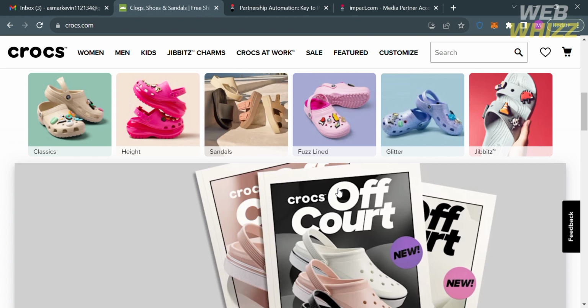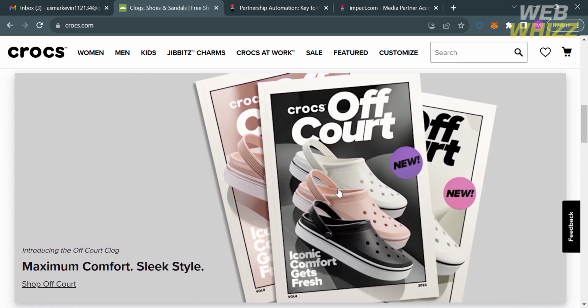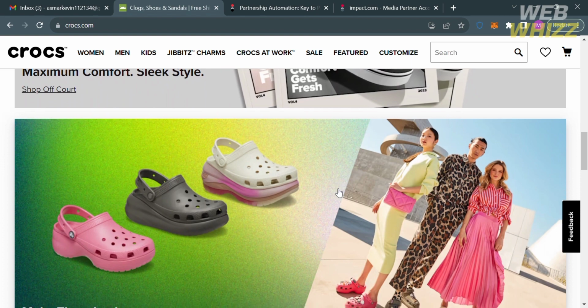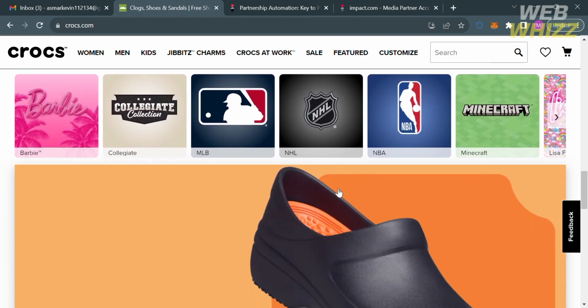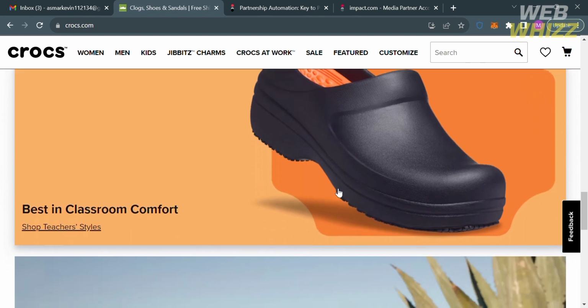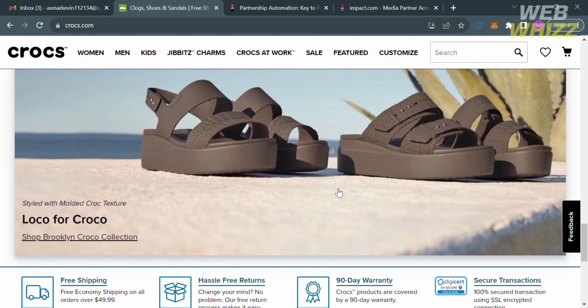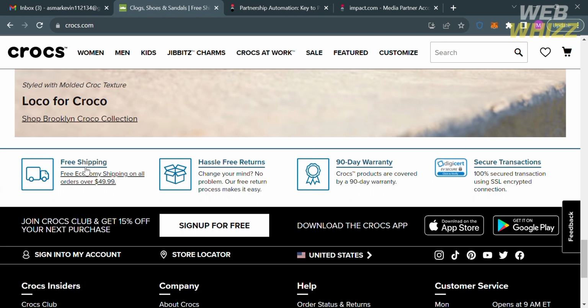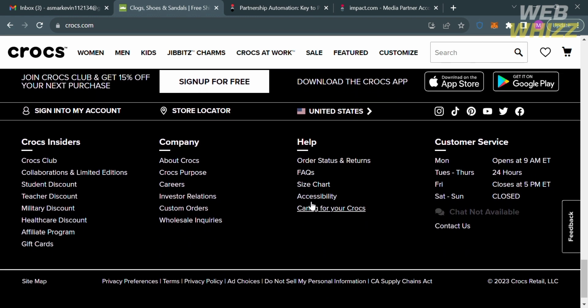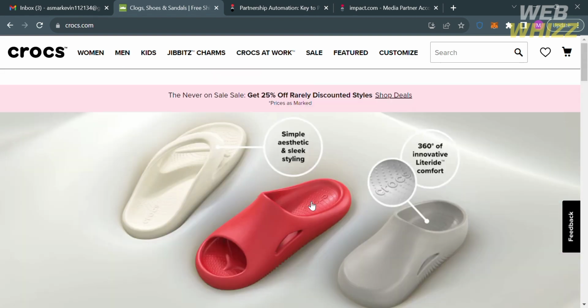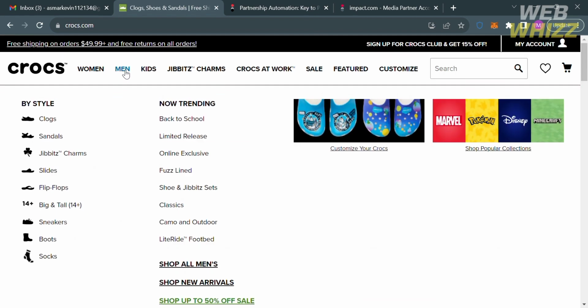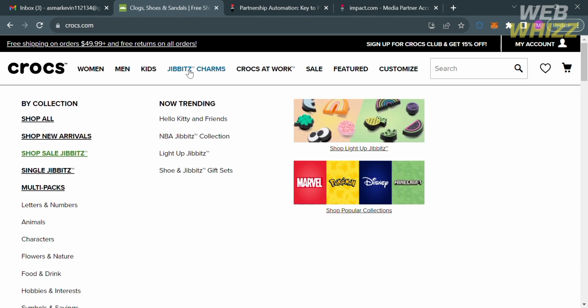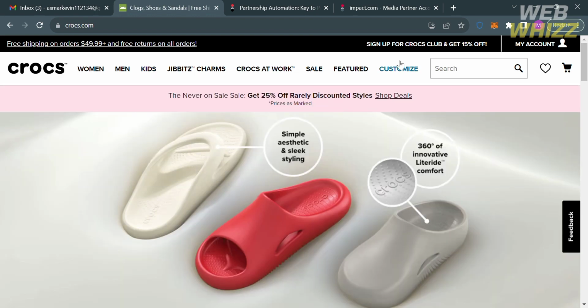But before we jump on to the Crocs Affiliate Program, let's start by getting to know the Crocs brand. Crocs is a footwear brand known for its distinctive clog-style shoes made from proprietary foam resin material. The shoes are recognized by their unique design, which features ventilation holes, a slip-on style, and a comfortable fit. Crocs have gained widespread popularity and have become a fashion phenomenon in various settings, including comfort, ventilation, colorful design, versatility,